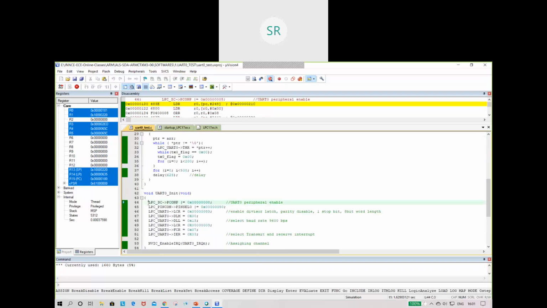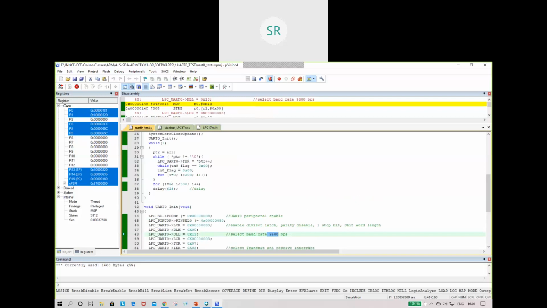This initialization will vary for the different UARTs. The PINCON PINSEL value will vary. Check the data sheet and put the value for PINCON PINSEL, and check all the pin select values for UART1 or UART2 or UART3. Check what the values for DLL and DLM will be if the baud rate is changed. Make the changes in this program.